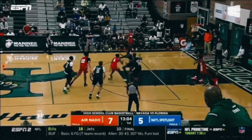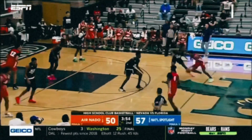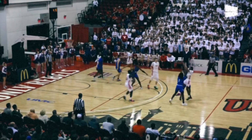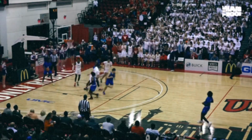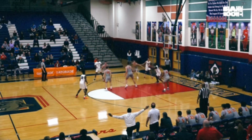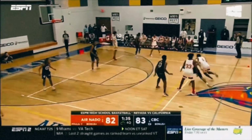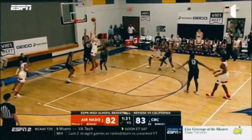into multiple defenders. What is a little frustrating watching Hardy the playmaker is that he is more than capable of being a plus passer. When he gets blitzed on a screen or doubled into a spot that he is forced to pass out of, he makes some pretty fantastic passes. He has excellent touch and feel and will fire passes exactly where they need to be, leading his teammate to a spot for easy scoring opportunities. If Hardy is able to find that balance between scoring and playmaking and improve his decision making, he's going to